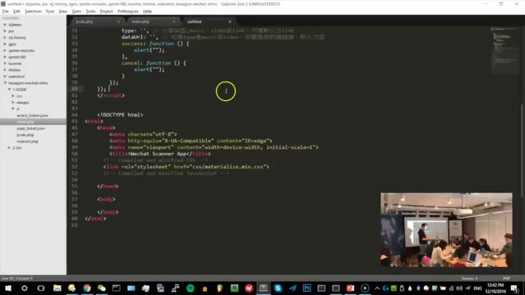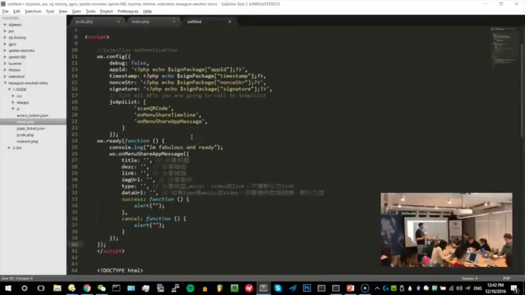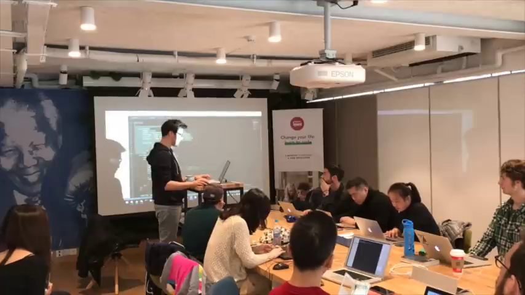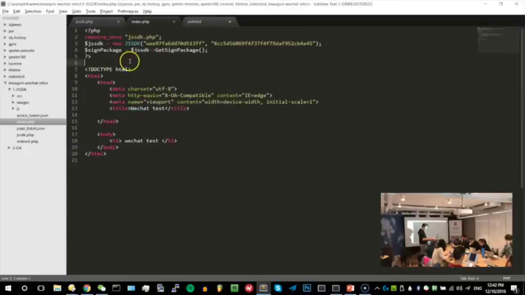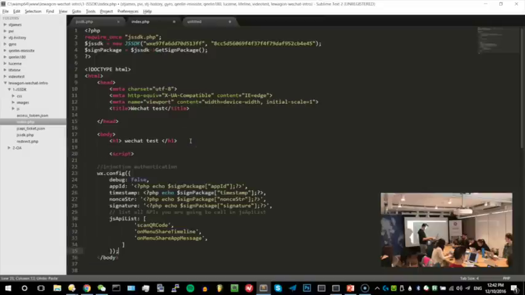So we have everything set up. Now we have an HTML page, we have all the information needed. Now we need to have the JavaScript code. So JS-SDK, as I said before, is the JavaScript software development kit, and JavaScript is a front-end language. So what we're gonna do is add some scripts. The first script we're gonna add is on the bottom of the body, I think it's inside the body, this script.